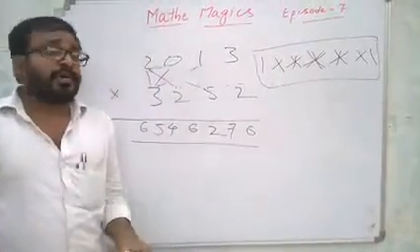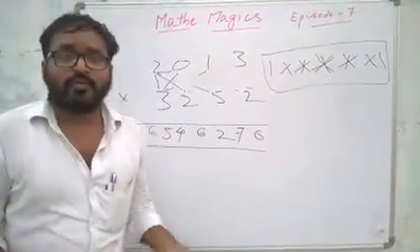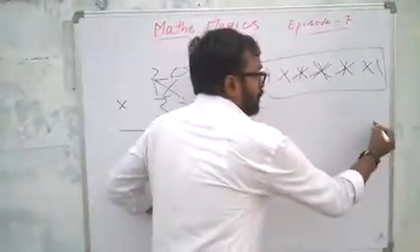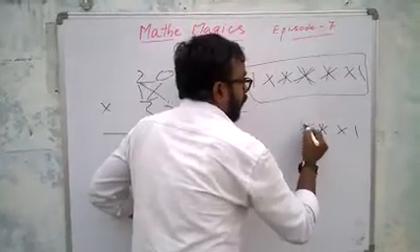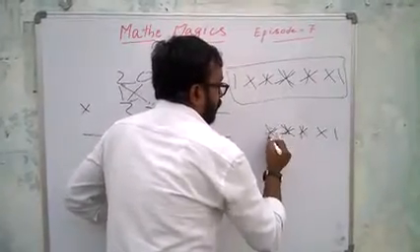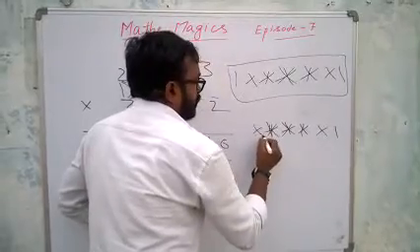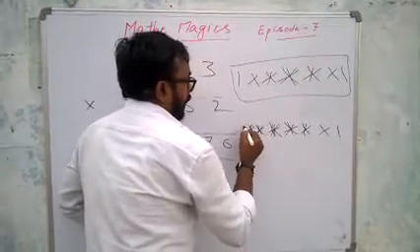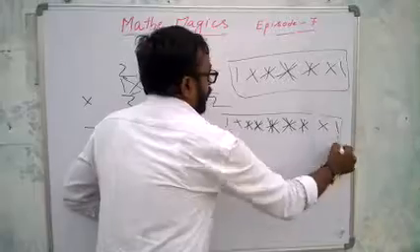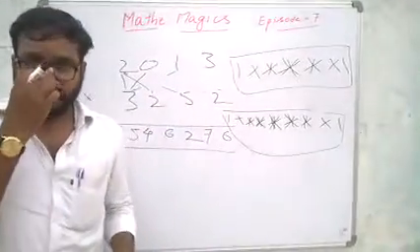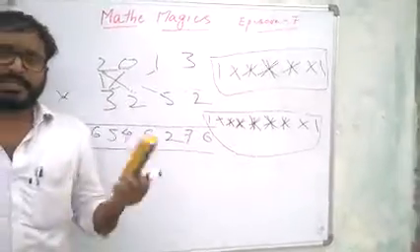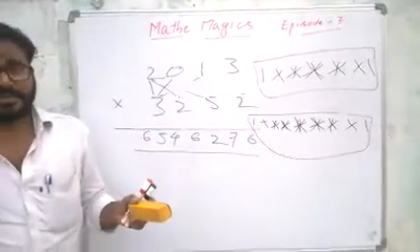So you can multiply even 5 digits also. Whenever 5 digits, what is the procedure? One line, two lines, three lines, four lines and five lines, and keep reducing: four lines, three lines, two lines, one line. Like that you can do any type of multiplication between either 2 digits, 3 digits, 4 digits or 5 digits.